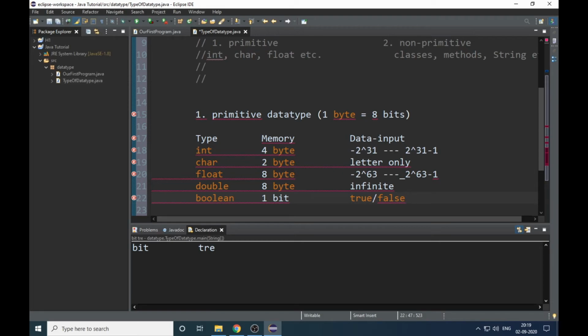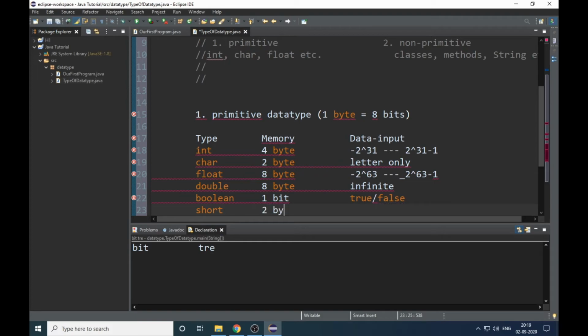So we have these. I think these are the variables here. Next is short. How much memory does it consist?